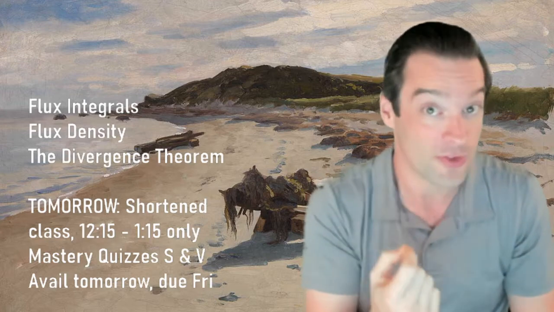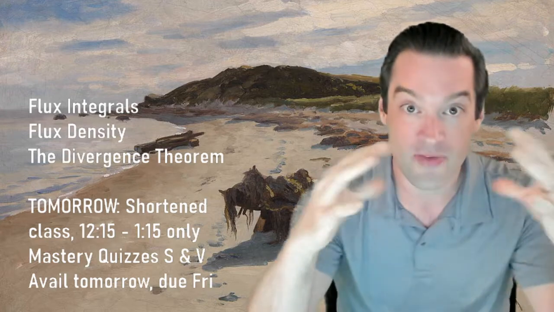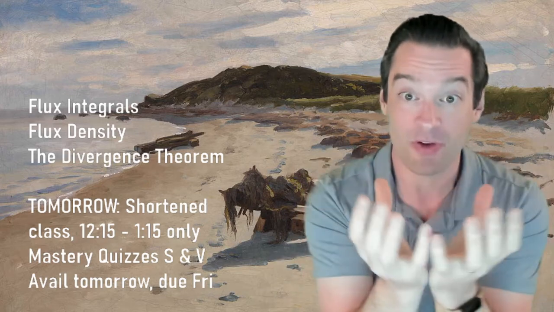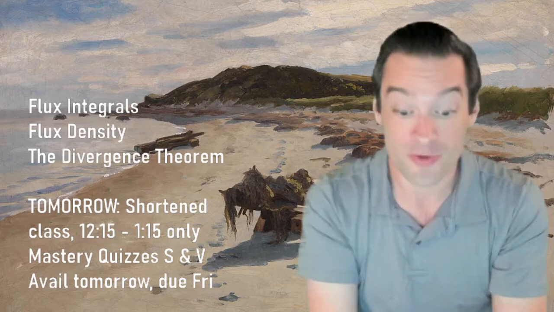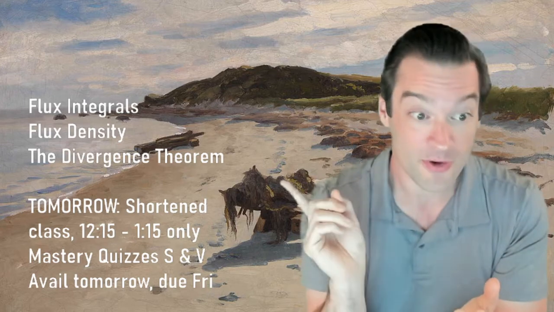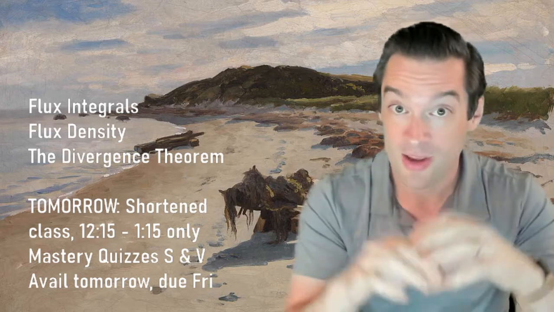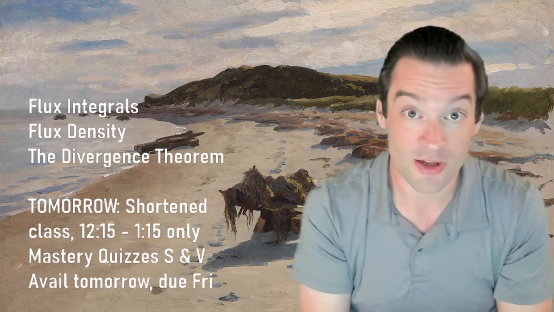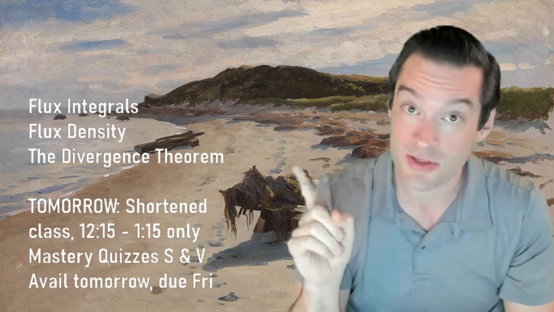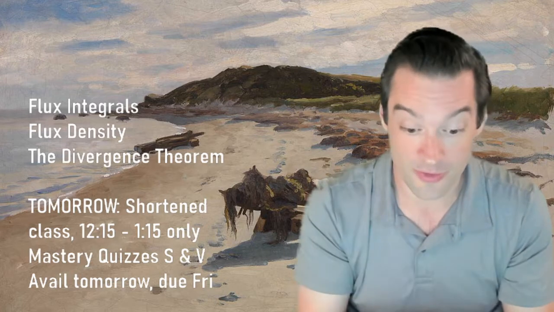That's called Stokes theorem. And then in the case where we have a closed surface, so like the outside of a sphere would be an example of a closed surface, then in that case we have something called the divergence theorem, which we're going to get our first taste of today in the two-dimensional context. It also exists in the three-dimensional context in a completely analogous way. So today we talk about all of the two-dimensional flourishes of flux integrals, flux density, and divergence theorem,